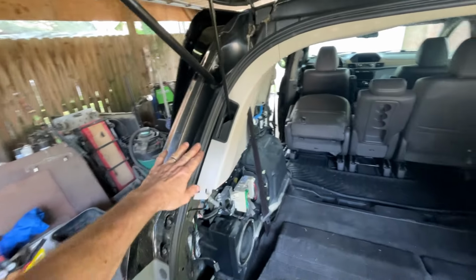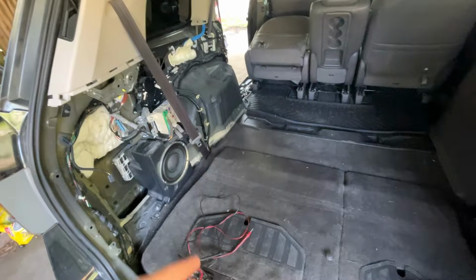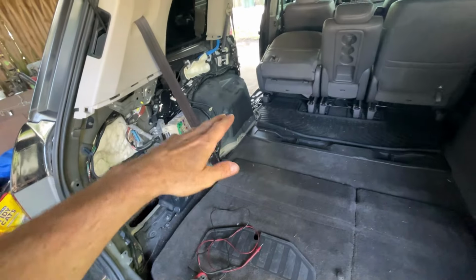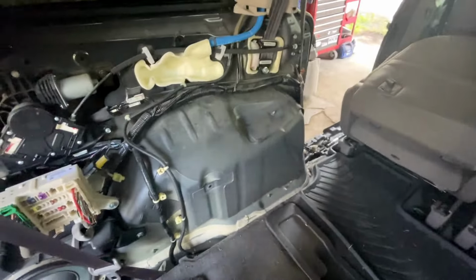Quick note, I did go ahead and put this weather stripping back in place, as well as the weather stripping that's up there around the front of the door. This van is still well usable, even when we're testing. So I'm going to get one of my kids to come and help me push the open and close button up there, because what I want to do